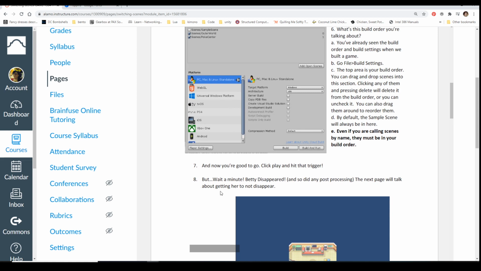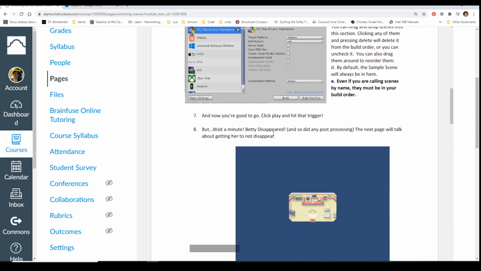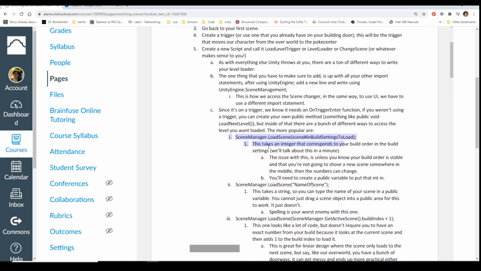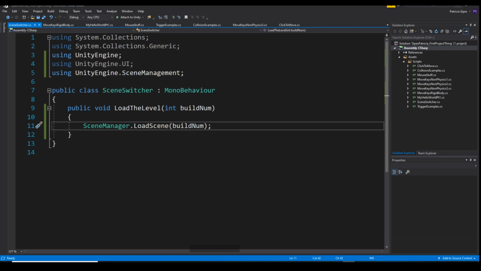So, like I said here, Betty disappeared between switching, and so did any of our post-processing. Not really fun. And again, if you're using triggers, like if you're walking from one door to the next, you can just put this inside of your trigger. You don't have to technically create a whole new function for it. You could just say, if I touch,